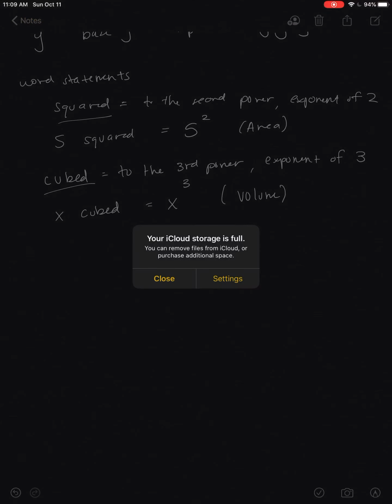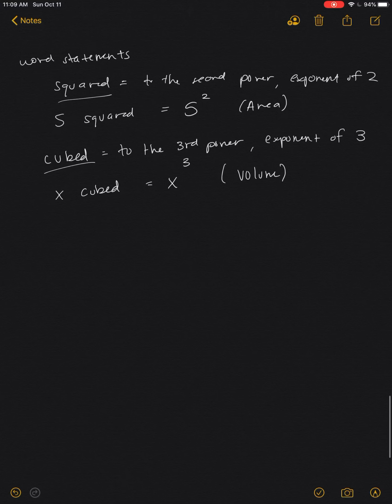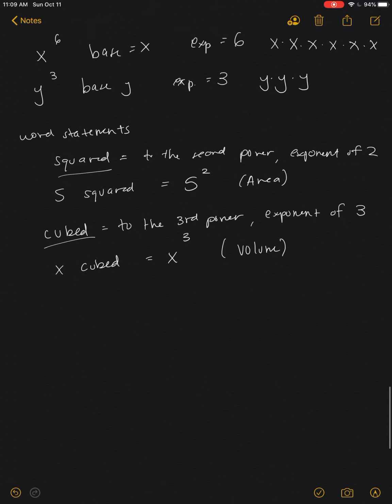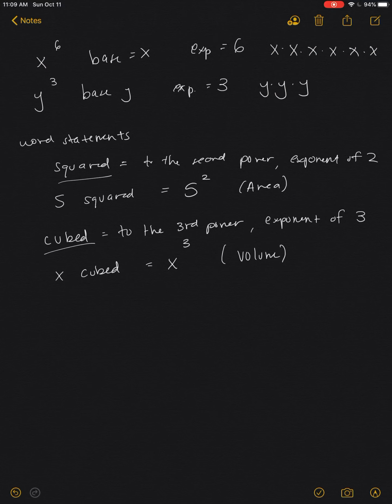After that, you just say to the 4th power, to the 5th power. There's no shorthand for any of that. So that's just really basic exponent definitions. I actually want to do